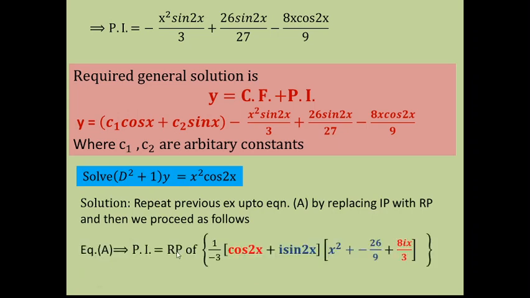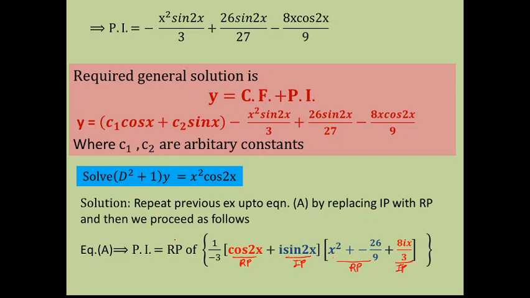So this equation A is the real part of this entire function. Now what we have done in the earlier case is multiply the real part of the first bracket with the imaginary part of the second bracket. Now what to do if we wish to find out a real part? So what we will do here is multiply. So this is a real part over here and this is the imaginary part. Okay, this is the real part again of the second bracket and this is the imaginary part.